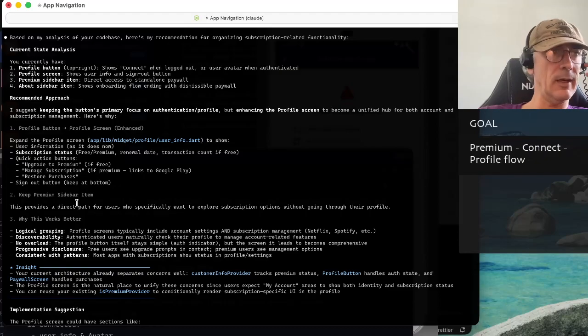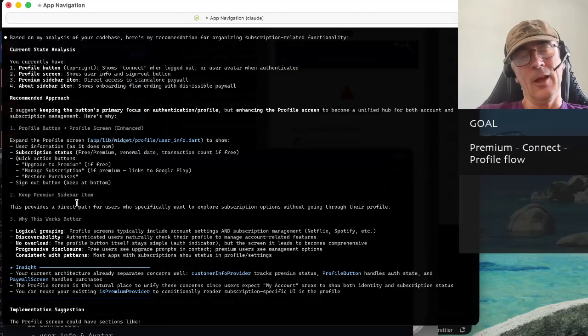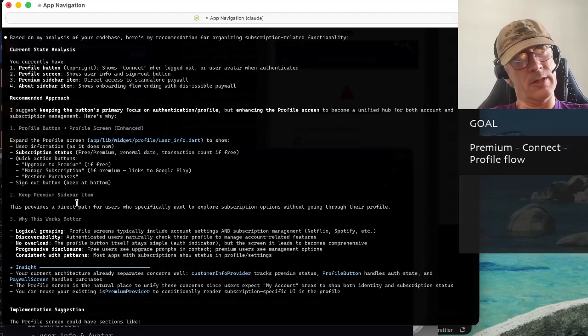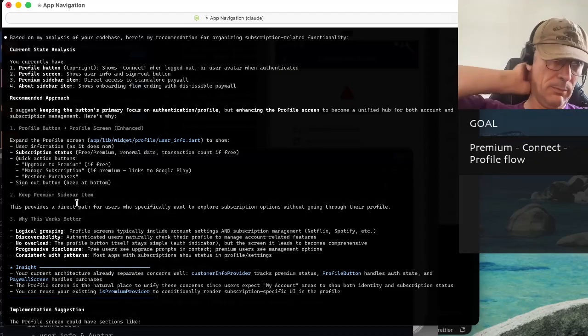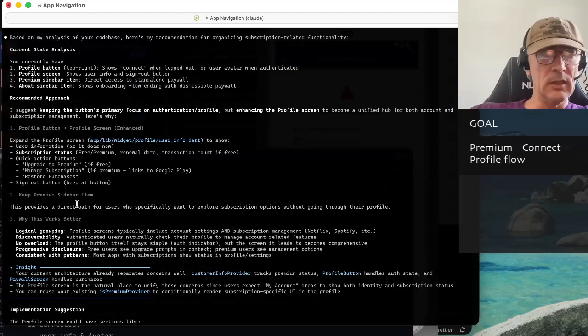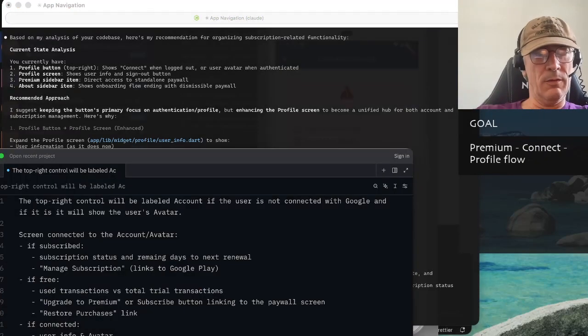Because there will be later maybe some nagging feature. If you don't subscribe for a week, 2 weeks, I don't know, whatever, we will show the paywall on app opening. Yeah, so we cannot say that. Remove premium button, premium link option in the sidebar because that is already available in the